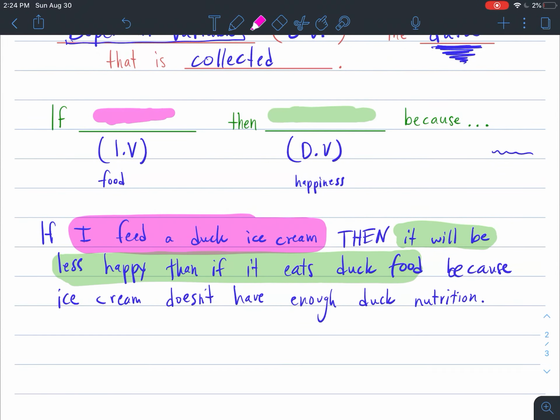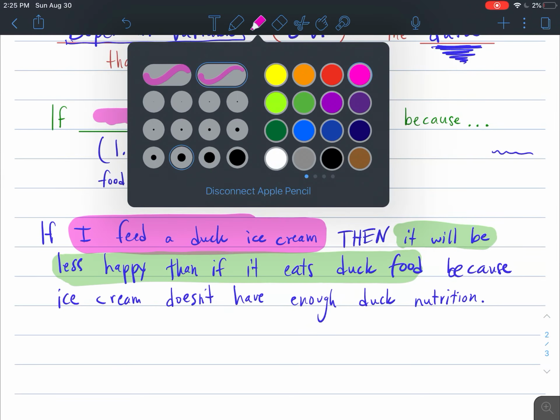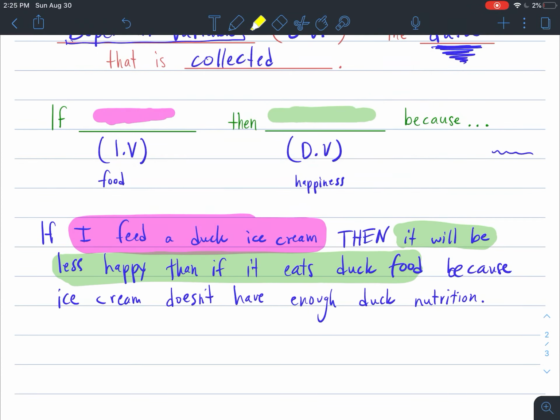So if I feed a duck ice cream, that's the only thing I'm going to change, then it will be less happy than if it eats duck food, because, and then my because part I'll do in yellow. The because part is because ice cream doesn't have enough duck nutrition. So you can see every hypothesis has 3 parts to it, and this is something I can now test. I can feed a bunch of ducks ice cream, and I can check their happiness compared to when they eat regular duck food. Now, if I were to do this experiment and also change something else, it would completely ruin my experiment. But we'll talk more about that in our next